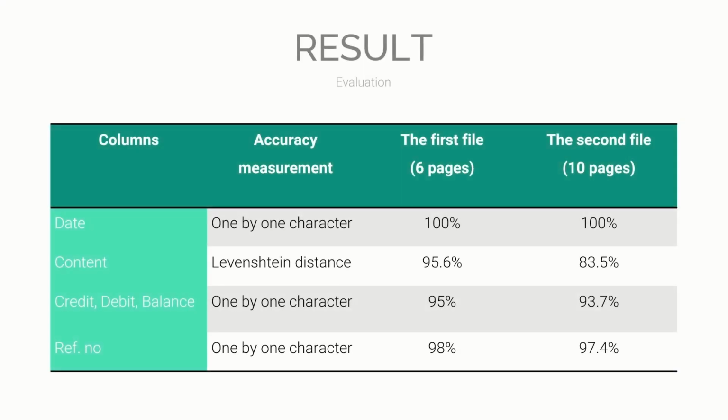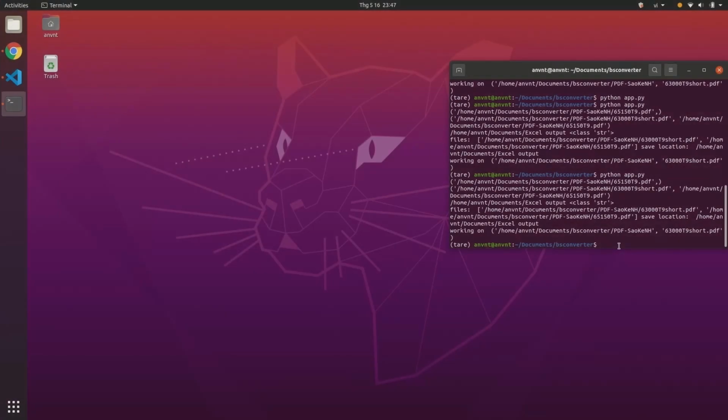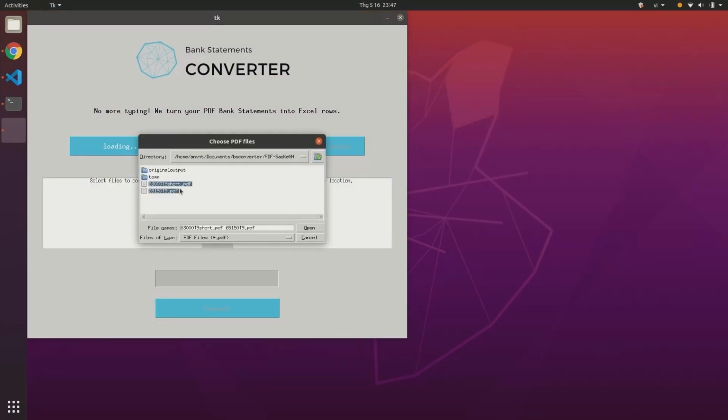This research created two GraphQL files, containing 6 and 10 pages respectively. Because of the difference in data type, we separate them into 4 categories as in the table. The most significant disparity is between the content columns of the two files. The hypothesis for this result is the difficulty of distinguishing among letters and special characters. To be more precise, the second file includes a lot of characters such as the @ sign and the square brackets.